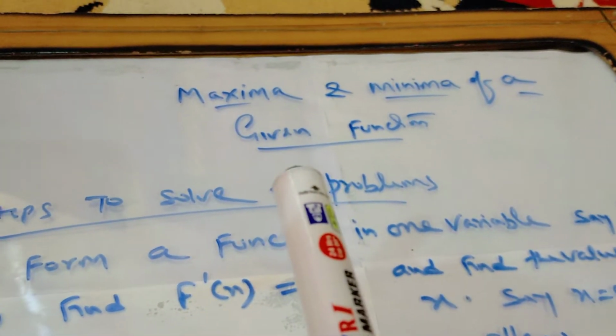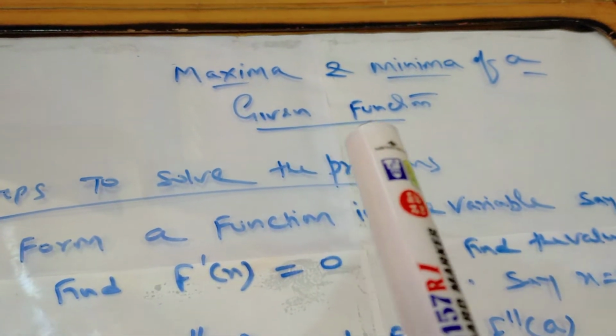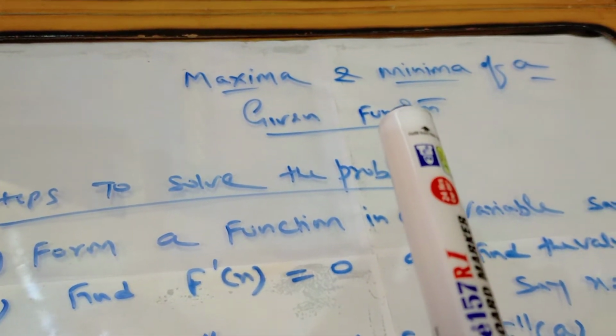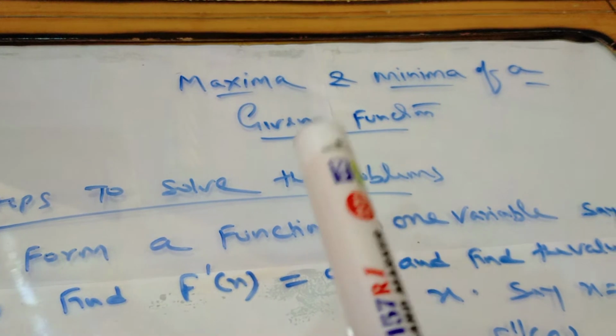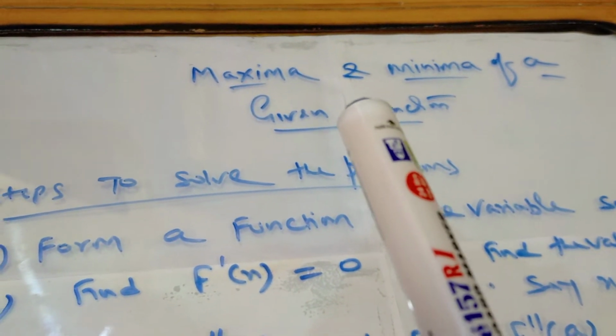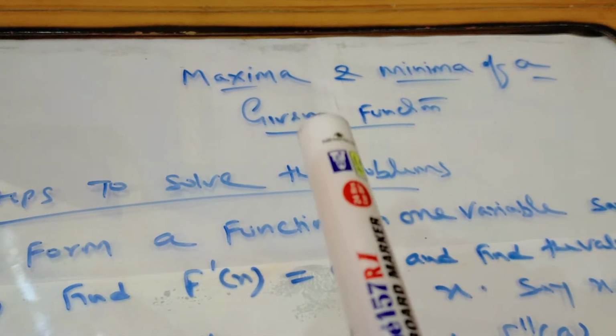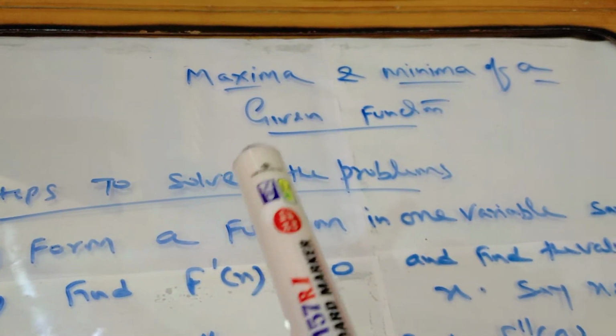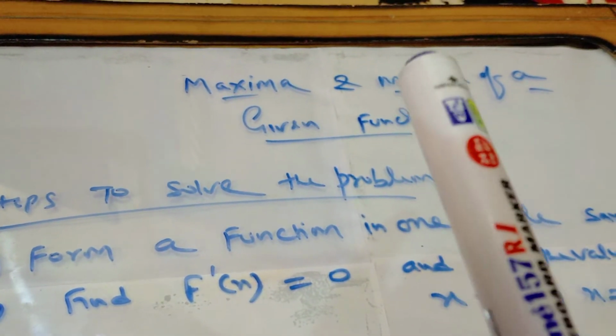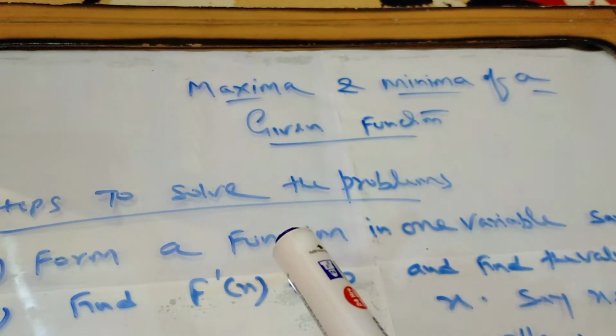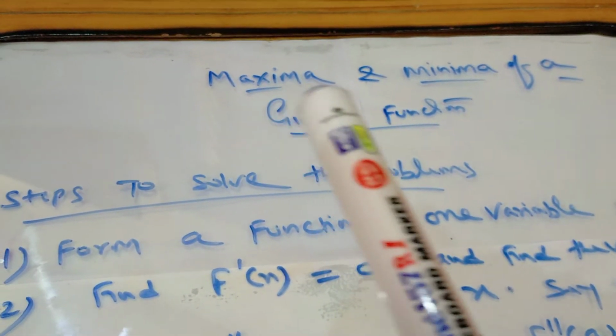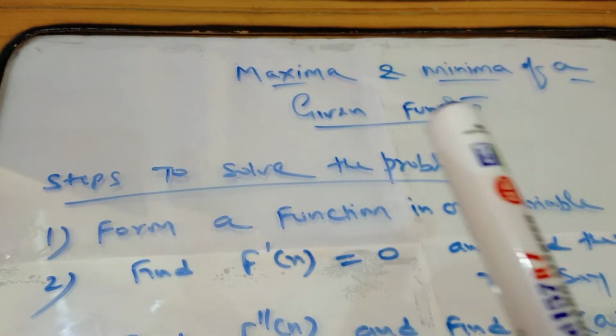Basically this question they are asking in board examination for 6 marks, and it is a sure short question. In the choice also they are giving the same type of question, means maximum minima question in A part. In choice B part they are asking the same maximum minima question, means this is compulsory for you to learn.